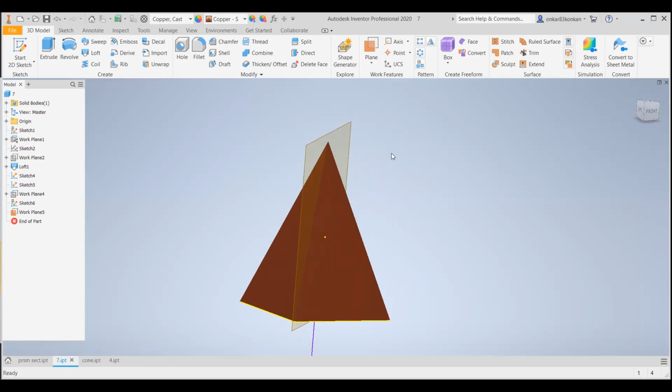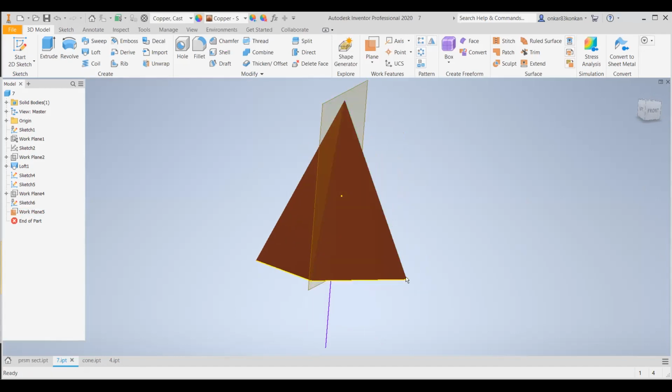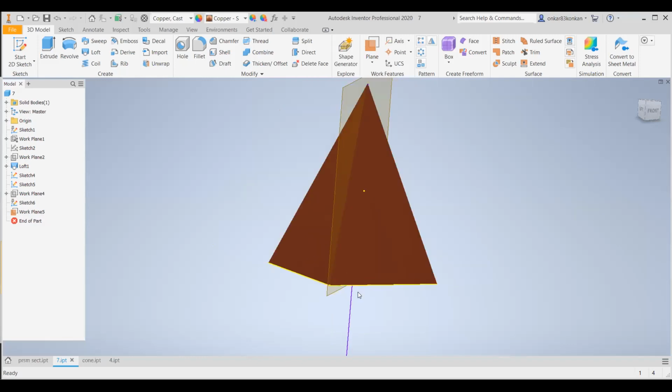So suppose you select the section plane, which is passing through this apex point, and its position is in between these 2 points, still you will obtain the true shape as a triangle. Okay. So right now this section plane is exactly passing through this corner point. So if you select any one point on the right side of this corner point, still you will get the true shape as a triangle only. Okay.